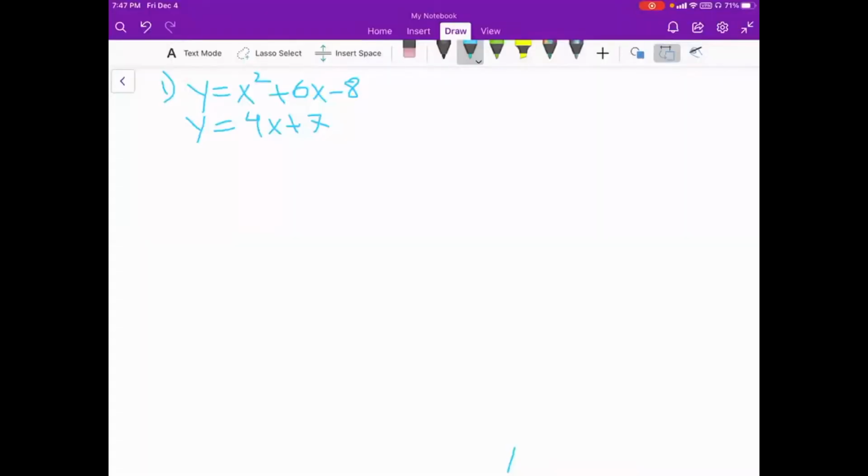So this is our first problem in our practice problem set. And for this problem, among the wide range of methods that you can use to solve this one, since I see that both of my equations, equation 1 and equation 2, are isolated for y, I'm going to substitute. So I'm going to substitute equation 2 into equation 1. It does not matter which one you do, like I said before,